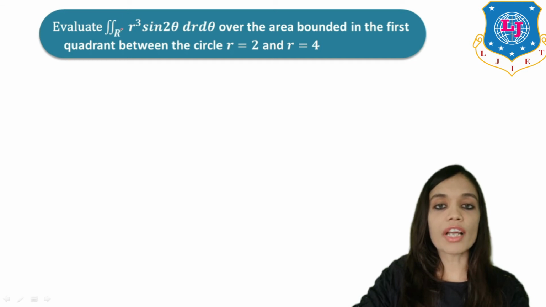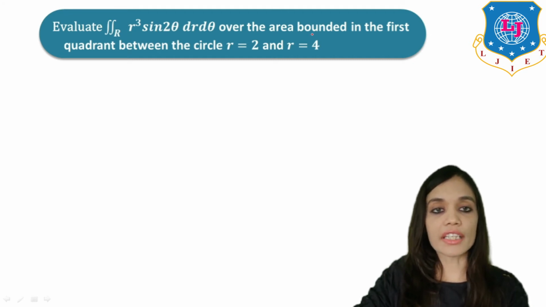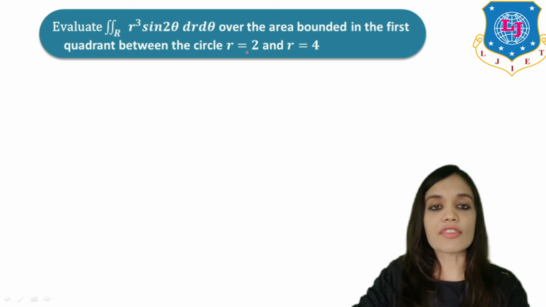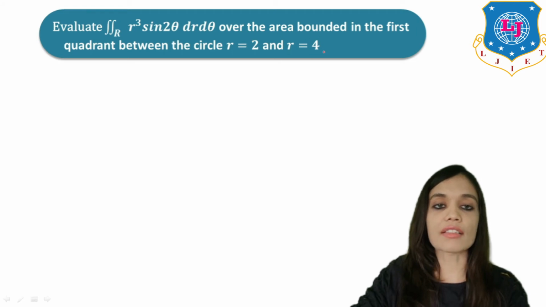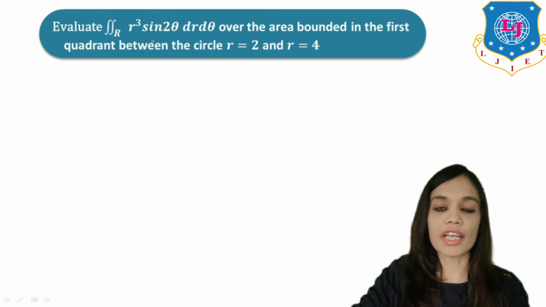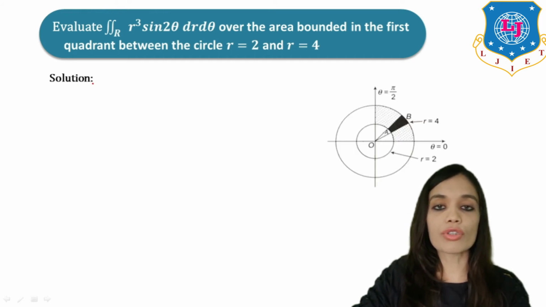So here we have to evaluate the double integral of r cube sine 2 theta dr d theta over the area bounded in the first quadrant between the circles r equals 2 and r equals 4, right? So you are given two circles, r equals 2 and r equals 4. We have to draw the region in the first quadrant, find the limits of r and theta and evaluate the integrals, right? So firstly let us start with the solution and let us draw the graph of two circles,